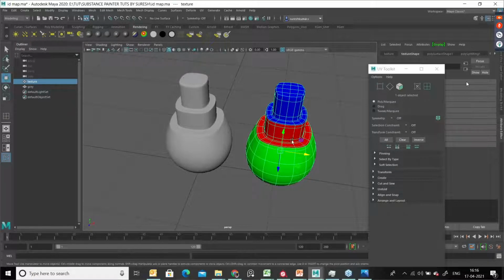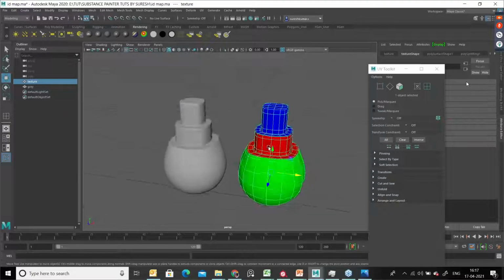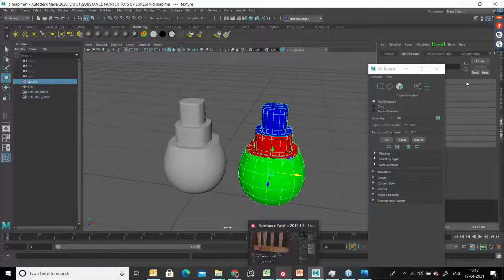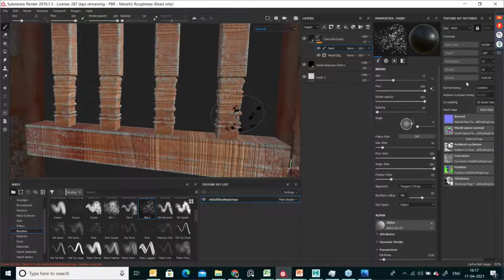So when you have a single geometry, then the problem will be like this, because you can assign the different texture in a single geometry in Maya, but when you import into Substance Painter, there you can find little difficult to identify the separate shader. So sometime it will come, sometime it won't come. So that time it's up to you. Which one you are comfortable, you can use. ID map is a one option. Suppose you don't want ID map, you want to create your own, you can go ahead. No issues. Okay. It's up to you. Which one you prefer, that is in your hand.